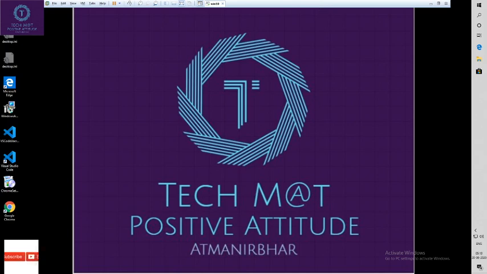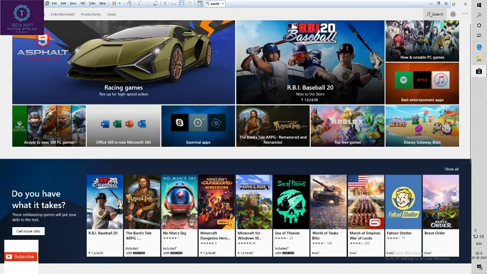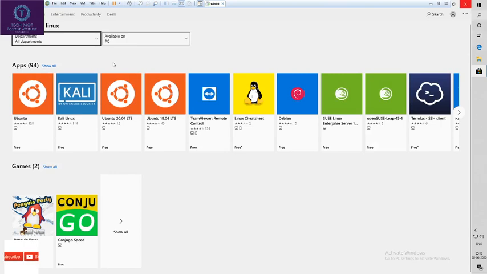Guys, I have restarted my machine. Now I will go to Microsoft Store. Once you are in the Microsoft Store, search for Linux. Here is a search tab. Click, type Linux. Once you type Linux, these are the Linux operating systems.